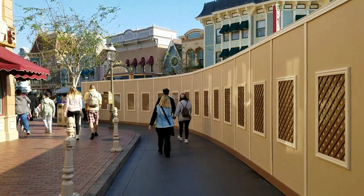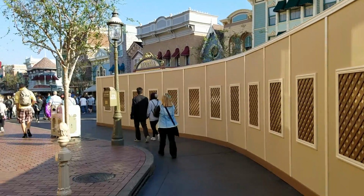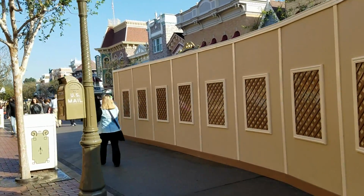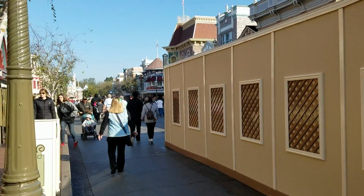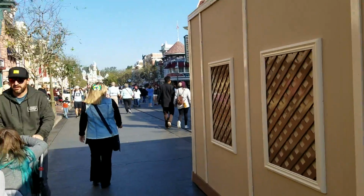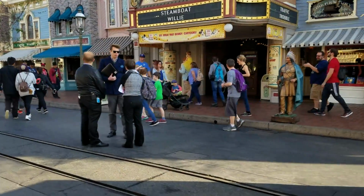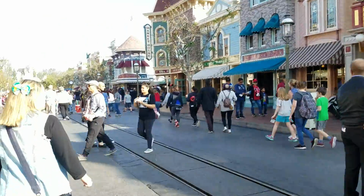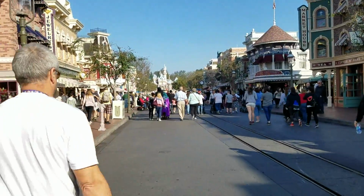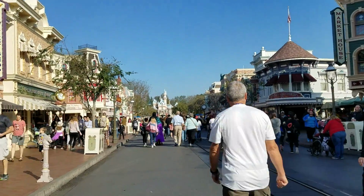But it stops here. They're probably going to finish this track, and then after that they'll take these walls down and then add walls for the rest of Main Street. And the walls are up around the hub too, in front of the castle. So the wall ends here, and then Main Street is open, but it looks like the hub is all closed off,